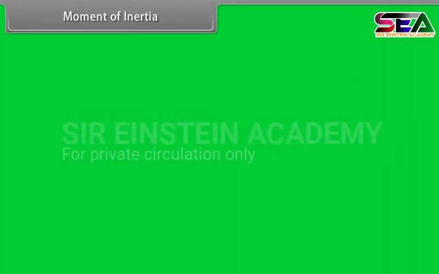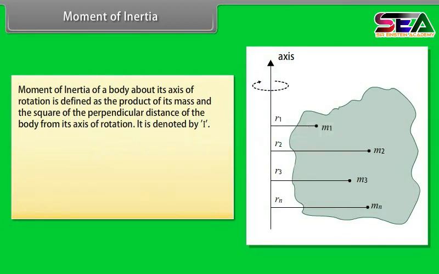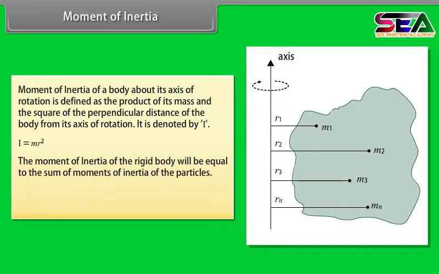Moment of inertia. Moment of inertia of a body about its axis of rotation is defined as the product of its mass and the square of the perpendicular distance of the body from its axis of rotation. It is denoted by I. I is equal to m r square. The moment of inertia of the rigid body will be equal to the sum of moments of inertia of the particles. Its expression is given by I is equal to summation from i is equal to 1 to n of products of